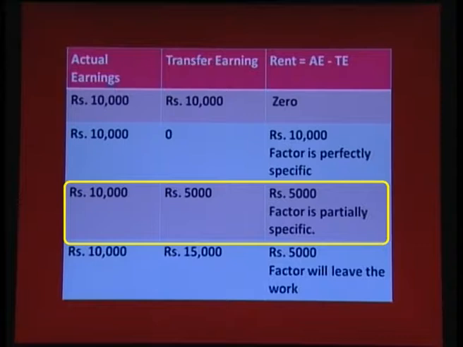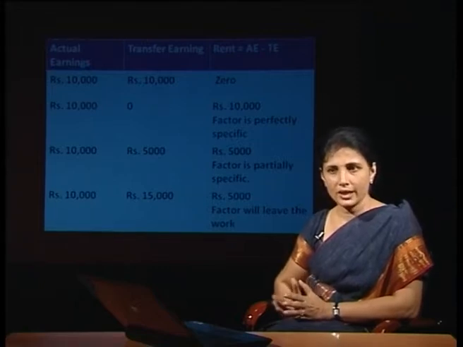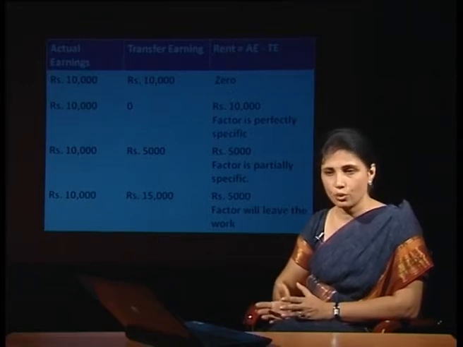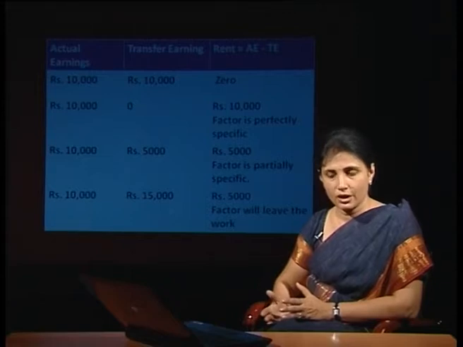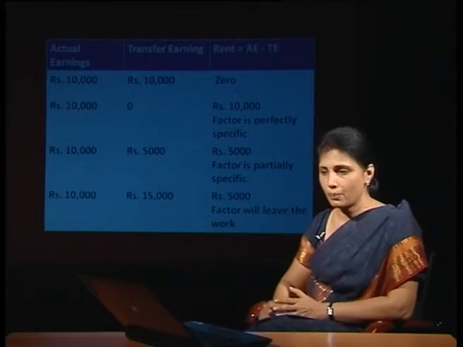The third row gives us the illustration of the partial specificity of the factor of production. As we can see, actual earning is rupees 10,000, transfer earning is rupees 5,000. So, the rent accruing is rupees 5,000. That means the factor of production is neither specific nor non-specific. It is partially specific. So, that is why in its alternative uses, this factor of production is giving a rent or transfer earning of 5,000. So, the difference between actual earning and transfer earning is rupees 5,000, and this is for the partial specificity of